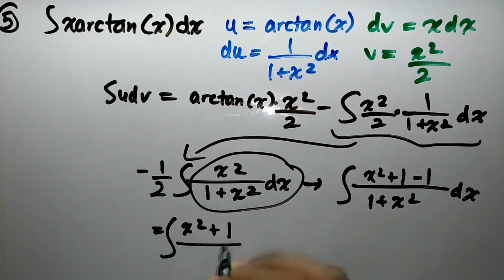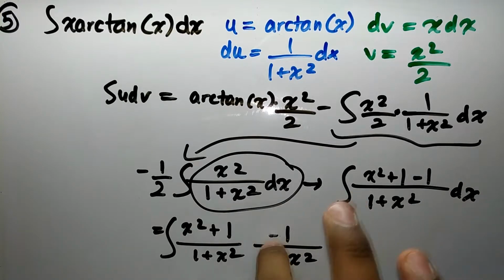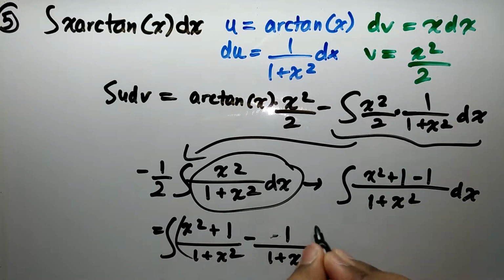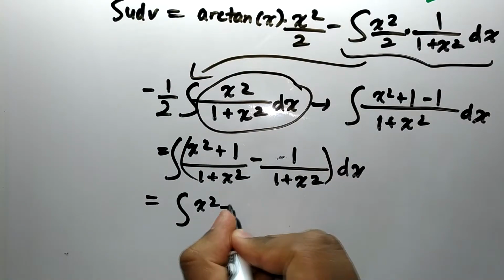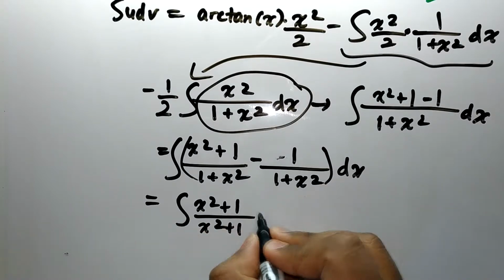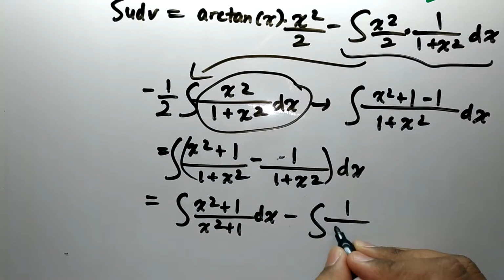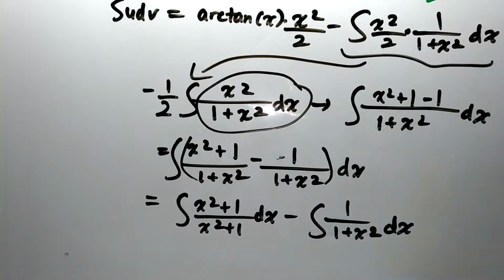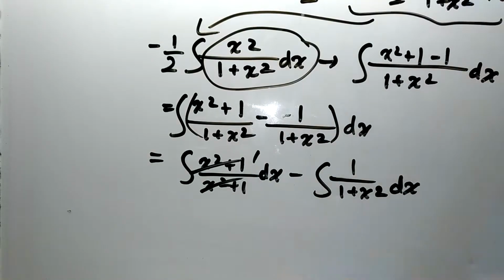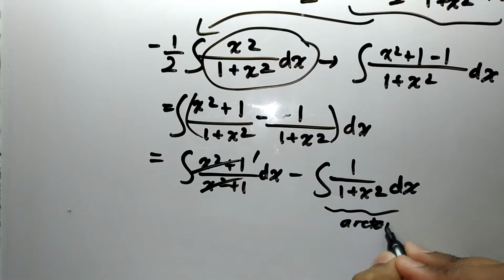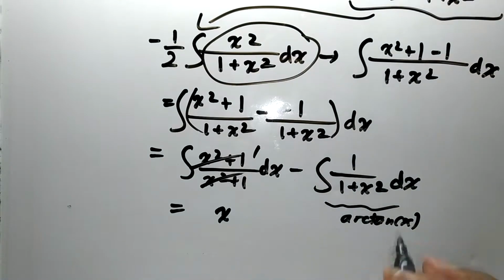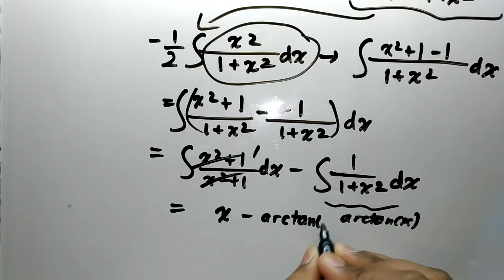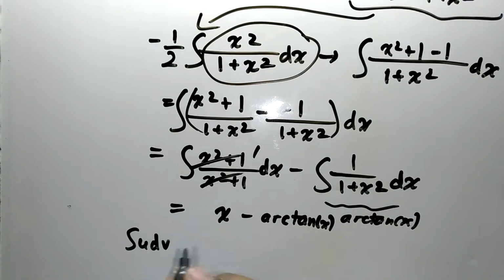So then you can just group the numerator terms together with the denominator terms, so you get something like that. And it's a lot quicker to do than using partial fraction decomposition. So you can end up splitting the integral then. You're just left with 1 as one of the integrals, and the other one is just 1 over 1 plus x squared, and you know that the integral of that is arctan x, and the integral of 1 is just x, so this integral is just going to be x minus arctan x,